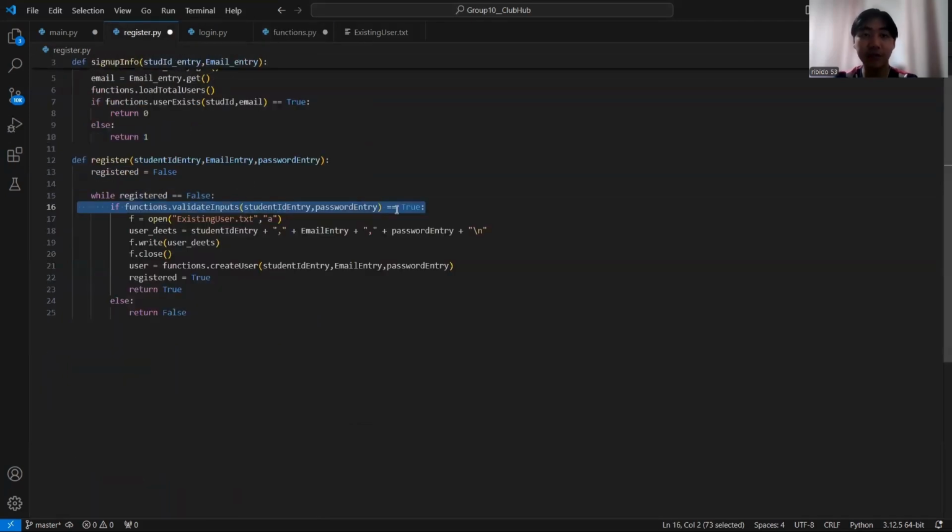And upon achieving all of those, they will return true, in which we will now store all the data of the user, meaning their student ID, their email, and their password, into this existing user.txt after opening this file. And after storing it, we will close the file and we'll also run this function, create user, in which we are just